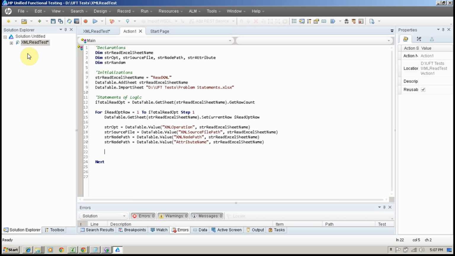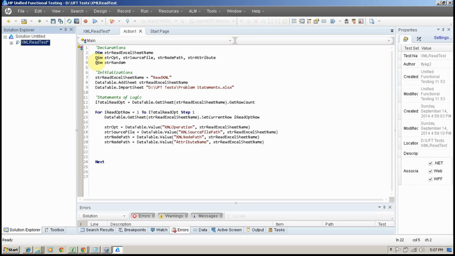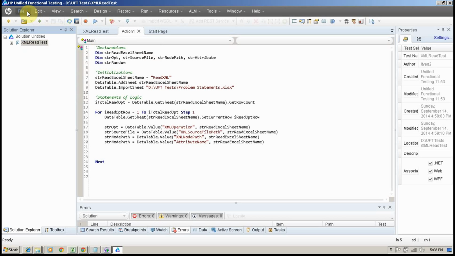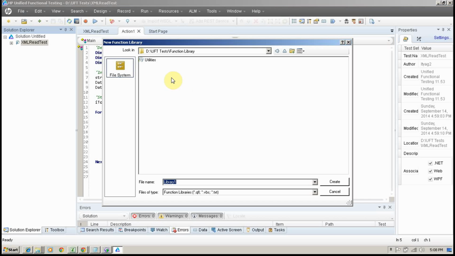The way I like to work is I like to put whatever is non-specific to a QTP code in certain VBscript files. So we are going to add a function library. We are going to create a new function library, VBscript file,